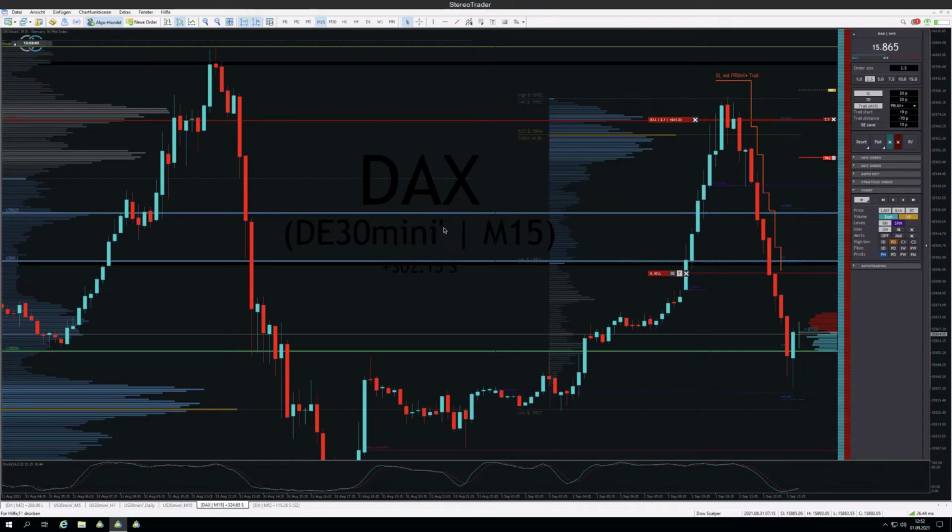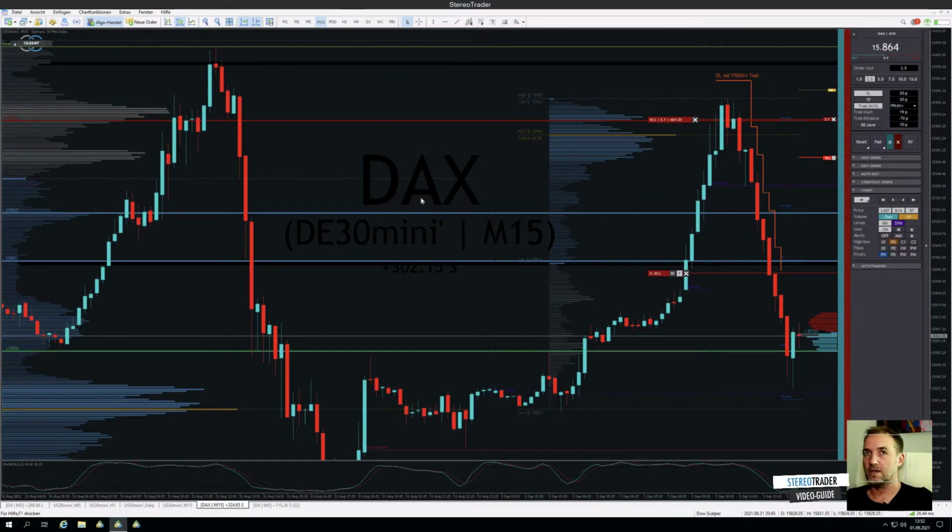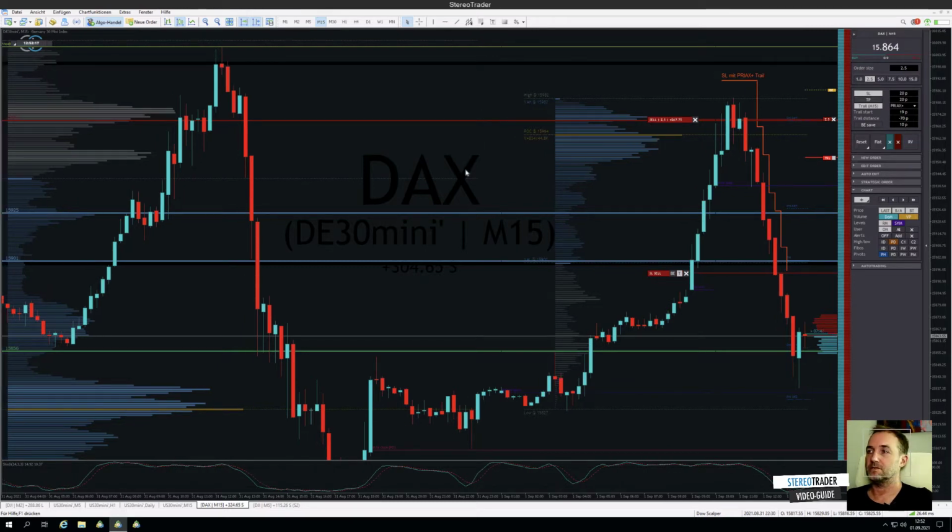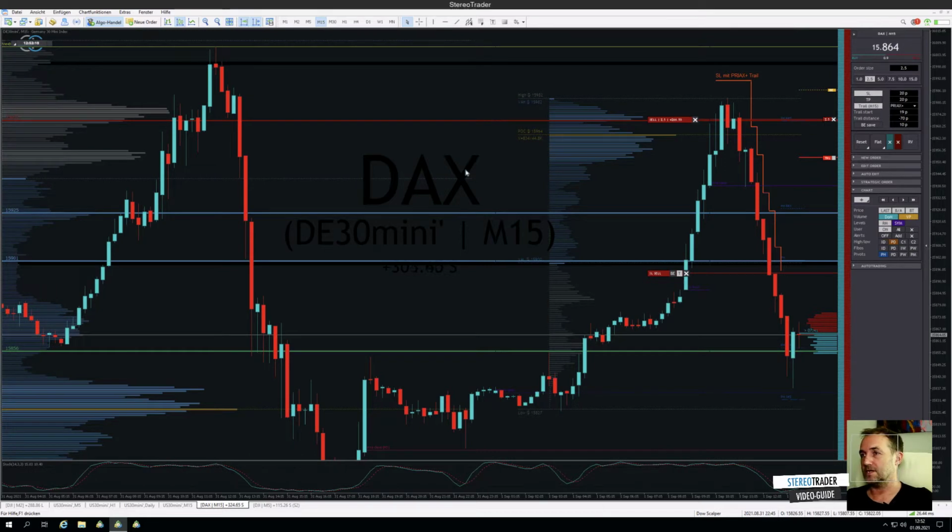What you see here in my picture is a live trade which I opened this morning. It's the DAX, the German index, and I opened a short trade, as you see here at this level. I think the reason for the short trade is not that important to understand the trading stop I'm talking about. Rather, the reason why I activated the trading stop is maybe a little more important to understand